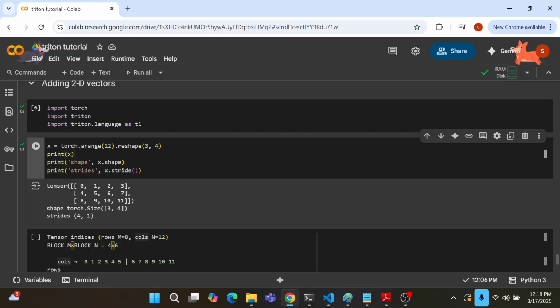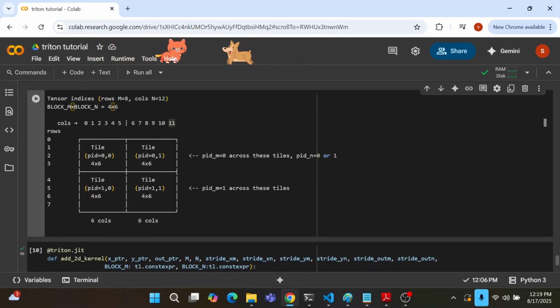This is important because in PyTorch, your tensors are flat one-dimensional arrays. You visualize it like a two-dimensional one, but the memory buffer or the memory pointer is all one long buffer of memory. To go to the next row, you have to increment the pointer, and you need to know where your pointer is, and that depends on the number of columns. This is why we need to know what a stride is: typically the number of columns that you need to skip to go to the next row. Because I have 3 by 4, but if I had another shape it would change, right? So keep that in mind.